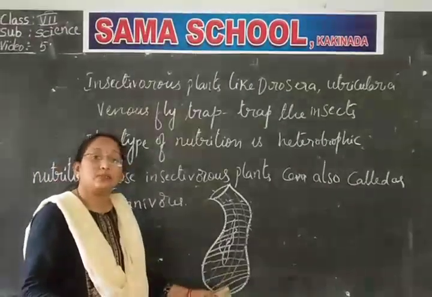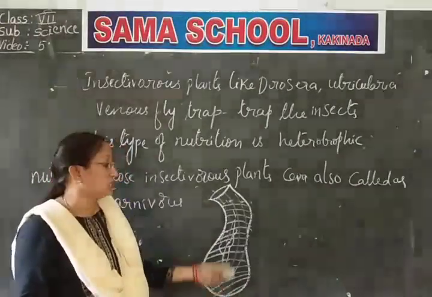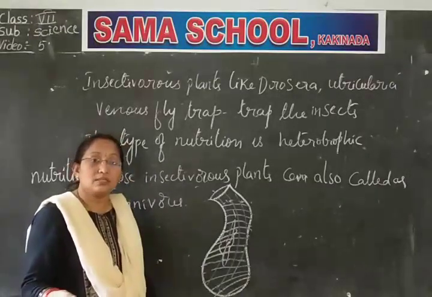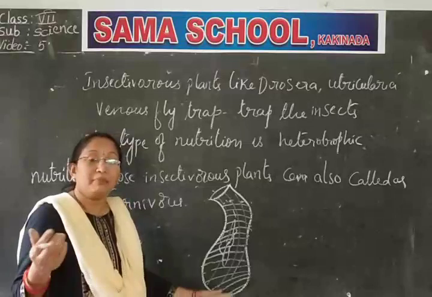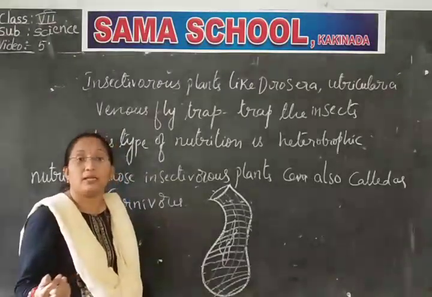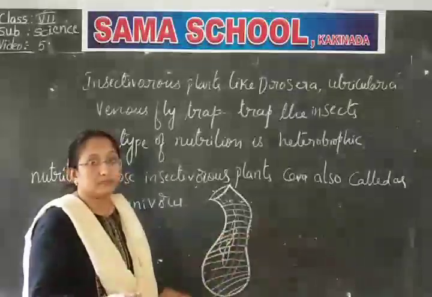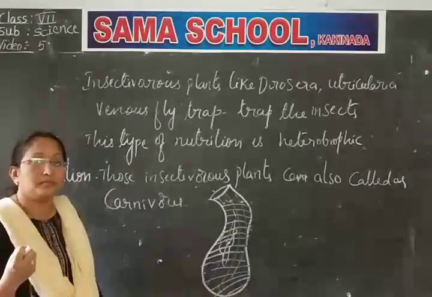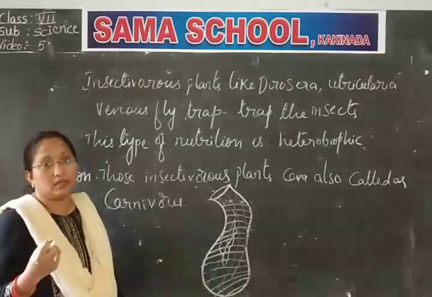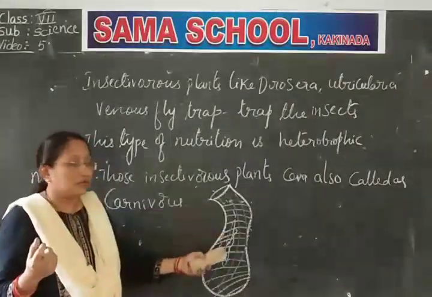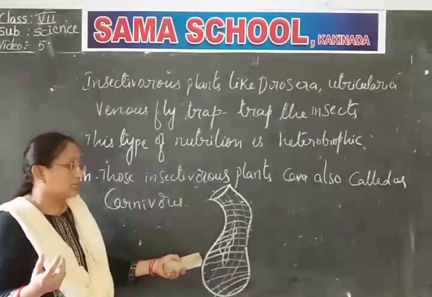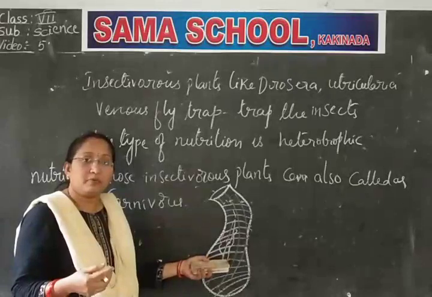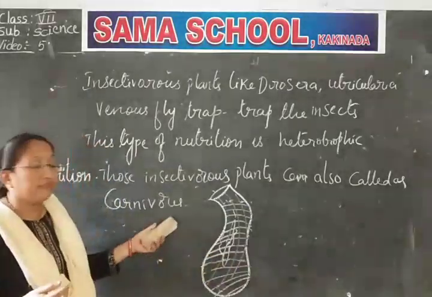The prey is an animal, that's why it is called heterotrophic nutrition. These plants cannot be called carnivores because they are herbivores. They can prepare their own food materials, but these plants are an exception. Because of the presence of the pitcher, they trap the insects and absorb their minerals and food in the form of salts, and they show this different type of nutrition. Understand? So I finished all this.